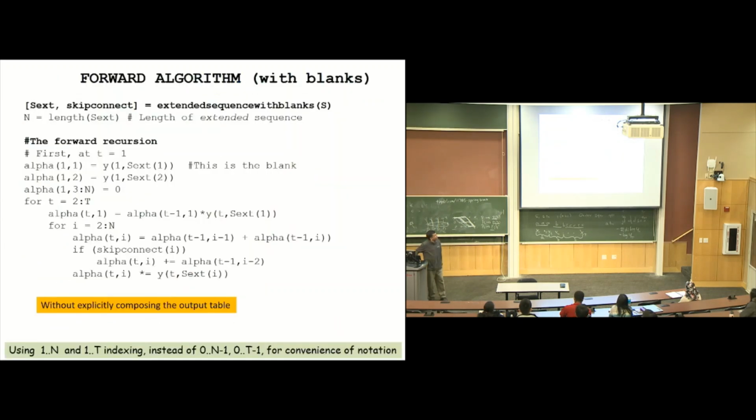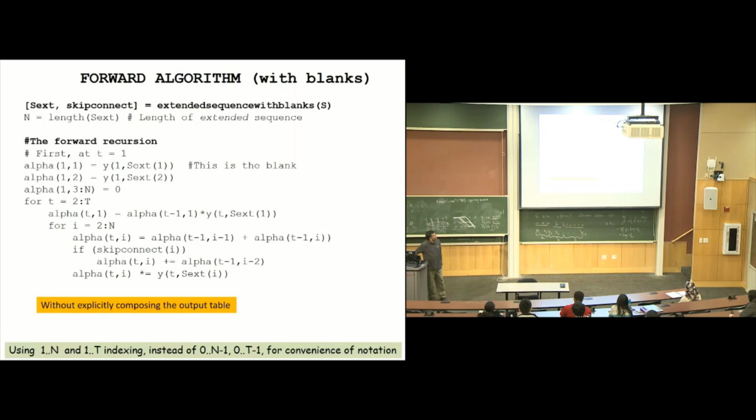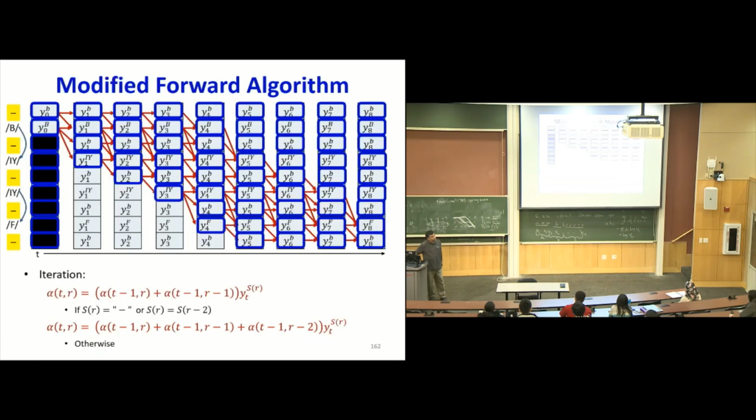In the first column, if I begin going left to right, I'd be putting the symbol probabilities in the first two entries. The rest would become 0, and then I can just run the forward algorithm going forwards. And so also in the backwards,